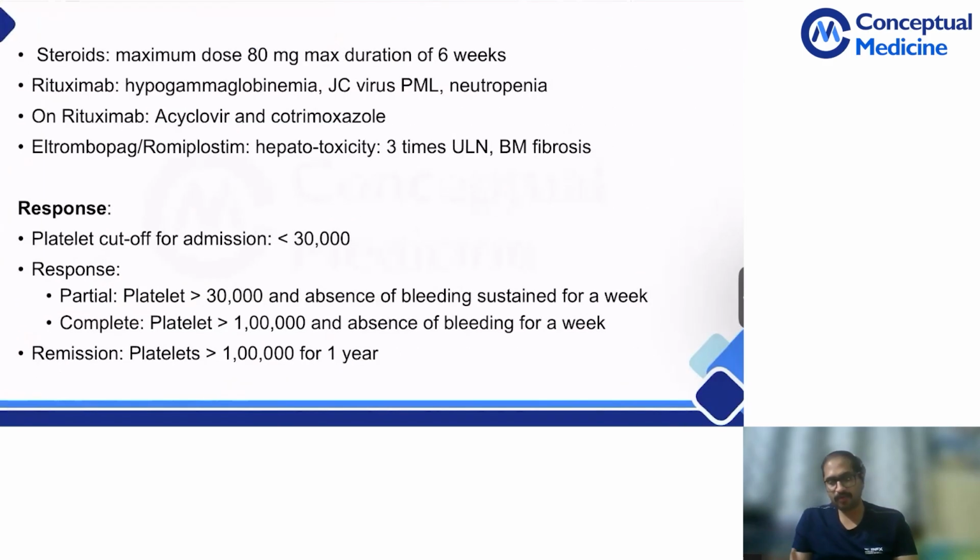In adults, again an important MCQ: don't give steroids beyond 6 weeks of starting therapy. So children, 7 days; adults, only 6 weeks of therapy. When adults have steroid dependent ITP or chronic ITP, we give rituximab or we can give eltrombopag or romiplostim. In the main exam, if they ask which is the most suited second line agent for ITP, it is the TPO receptor agonist, because it lacks serious side effects compared to rituximab, and secondly, this causes a sustained response